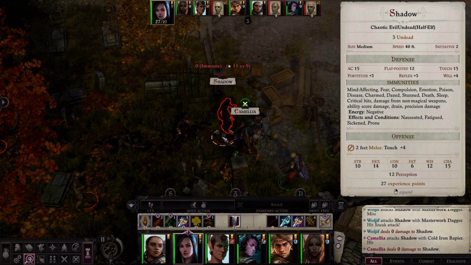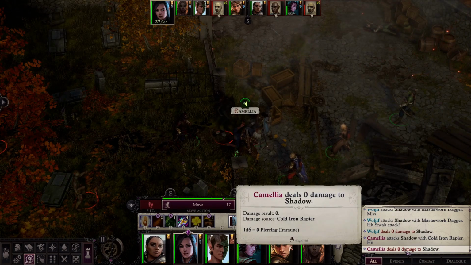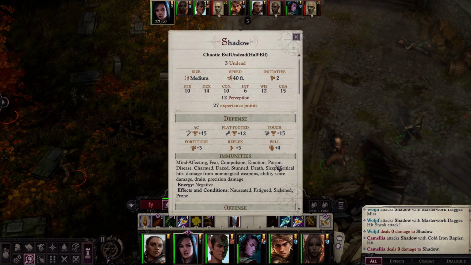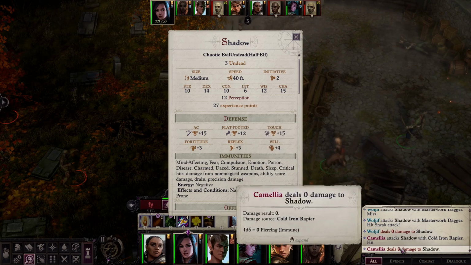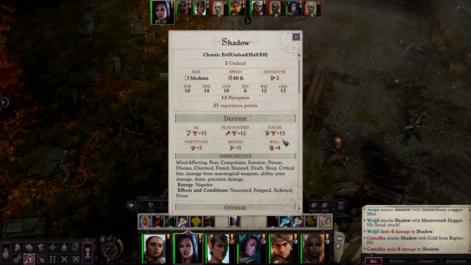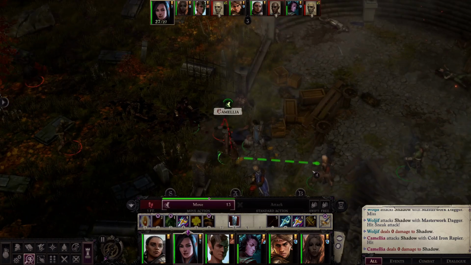The spirits demand your blood. Oh, but she deals 0 damage. Cold iron rapier. Piercing. Oh, so it's immune to piercing. I just missed it. It says immunities: poison, sleep, critical damage from non-magical weapons, ability score drain, precision damage. Is her weapon non-magical? I thought cold iron was considered magical. See, it doesn't say immune to piercing, but she clearly can't do any damage to it, so...